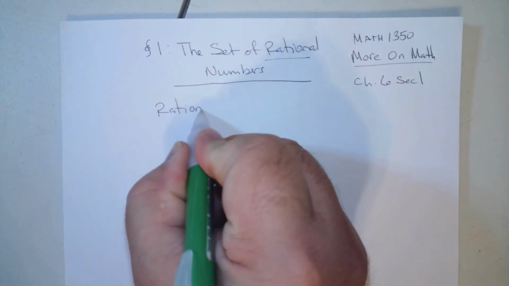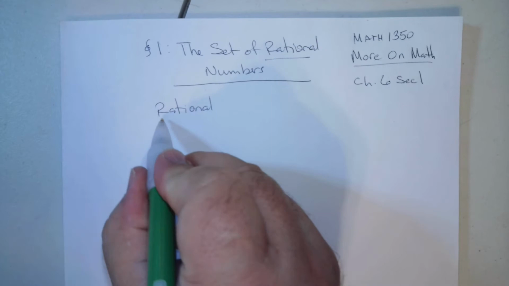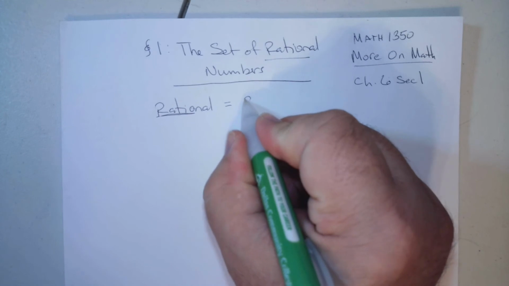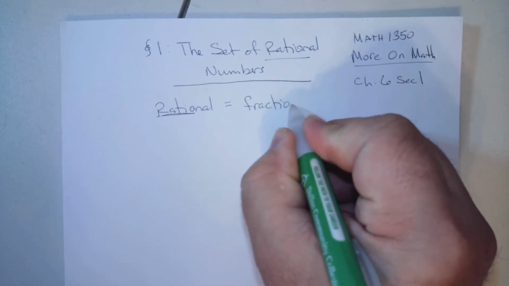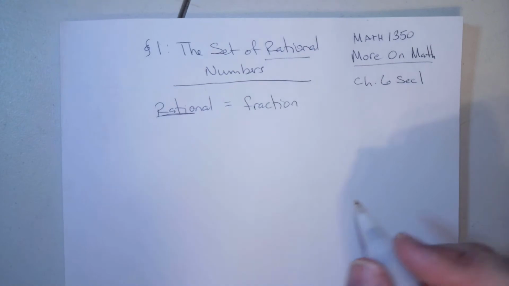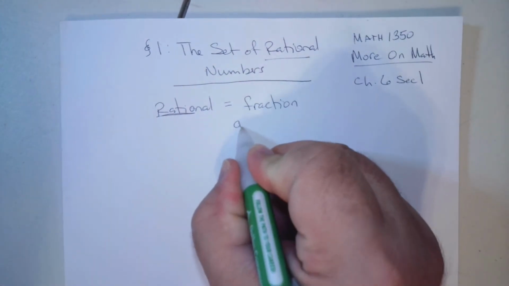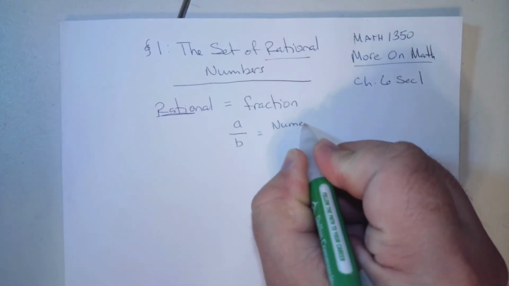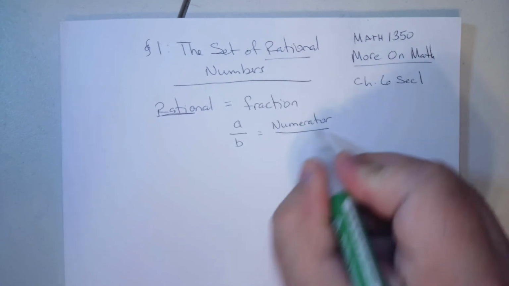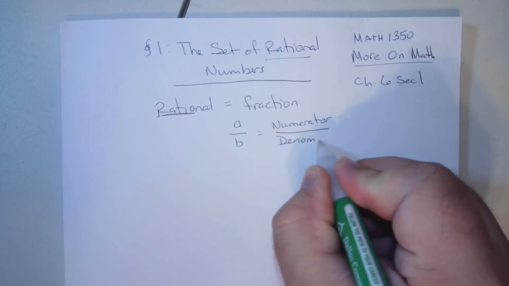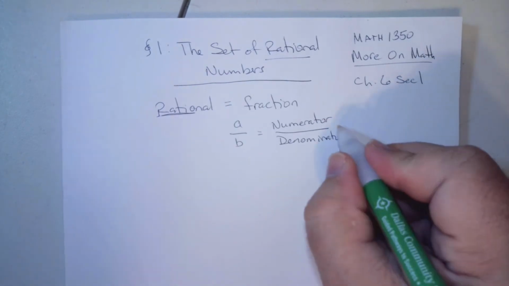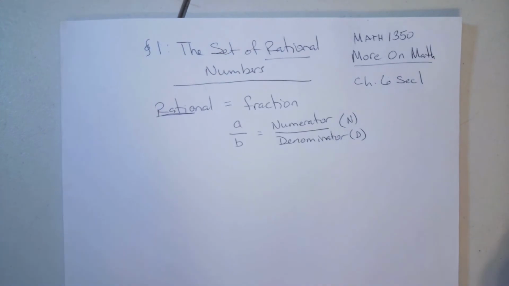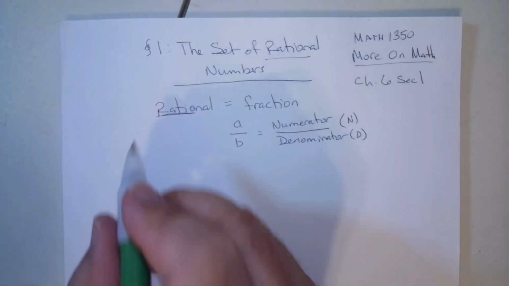What are rational numbers? Well, the first 5 letters tell us it's a ratio. It's a fraction. Some number over another. This is the numerator on top and the denominator on the bottom, which I'll just call N and D. All right, or symbolically,